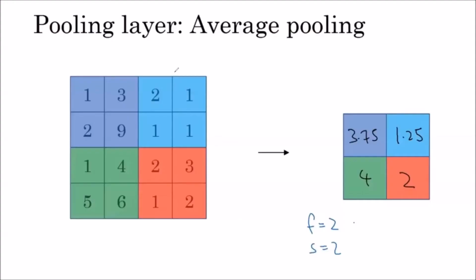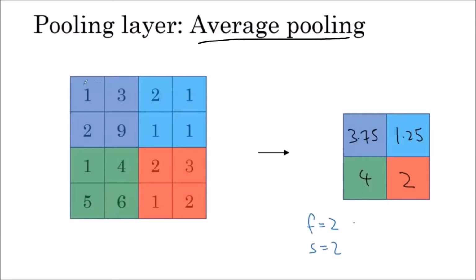Now we are discussing another pooling technique, that is average pooling. This was most frequently used before max pooling, but nowadays in convolutional neural networks we are using max pooling only. But when there is a deep neural network, sometimes when we are using more layers, some people are still using average pooling.